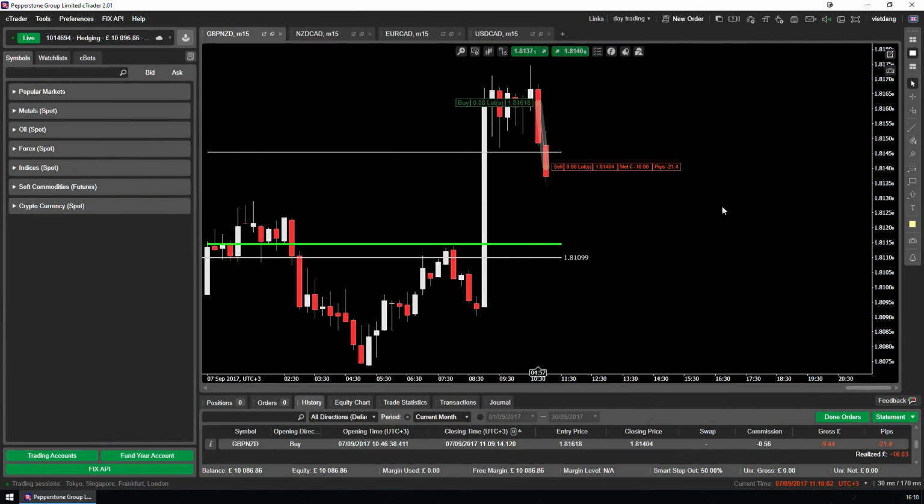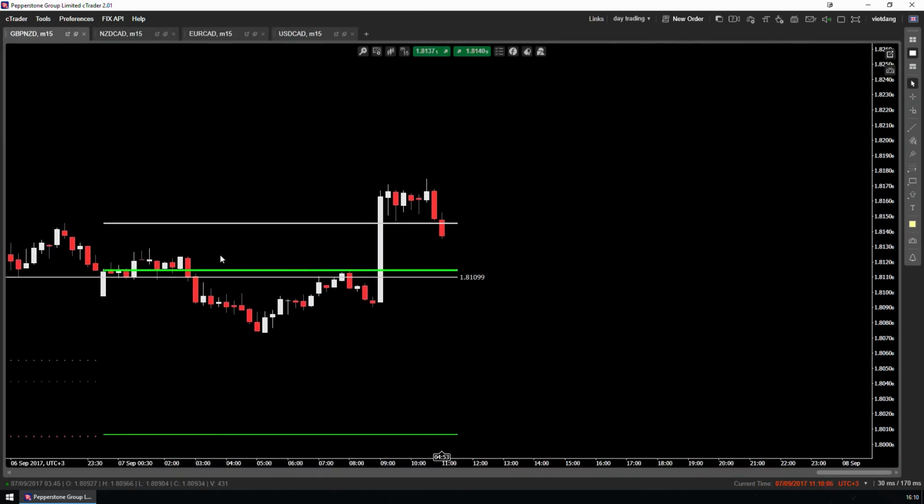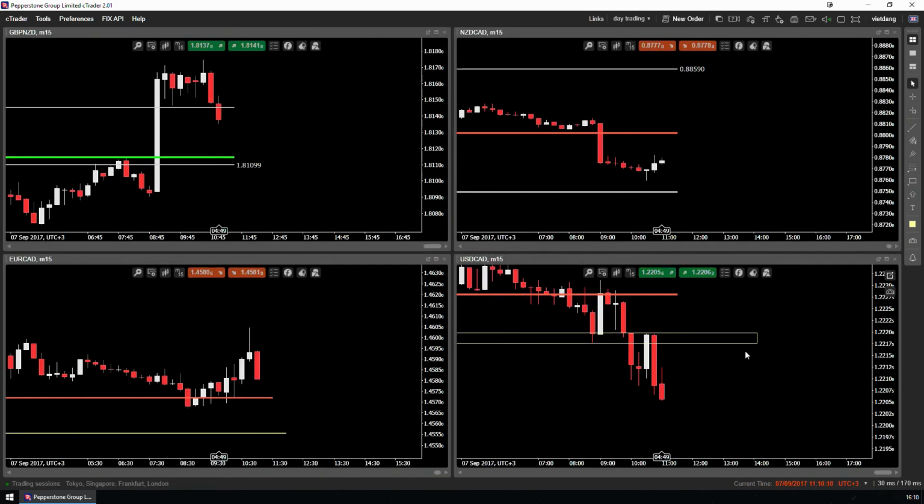USD CAD continues to move down further, and you know what? Sometimes when you watch these trades and you're thinking, had I known, if only I were in the trade, it would have been almost to target, and I'm having that feeling exactly right about now. But I know it's only a feeling. It's trying to tempt me into chasing this trade